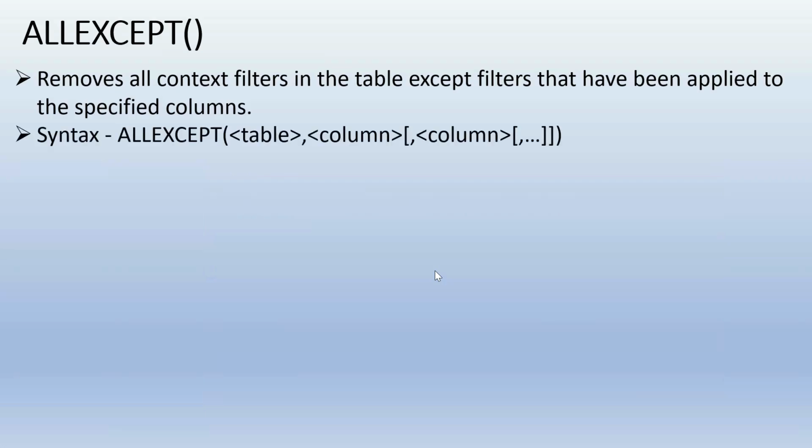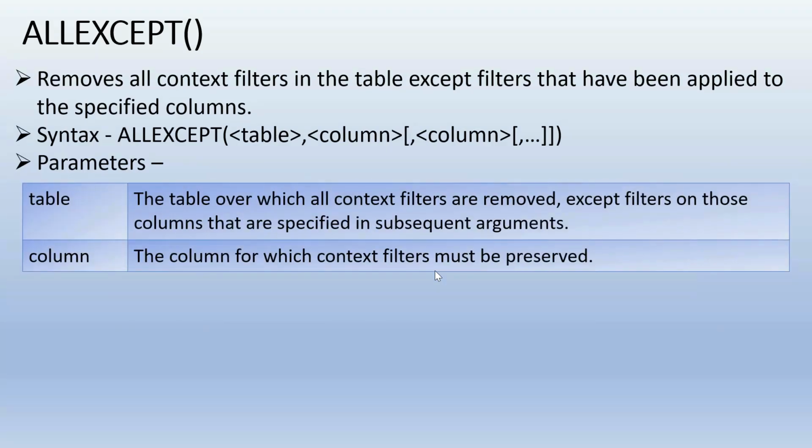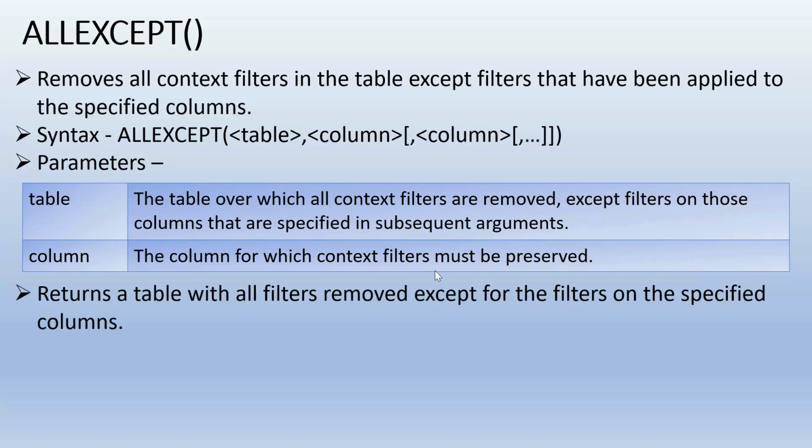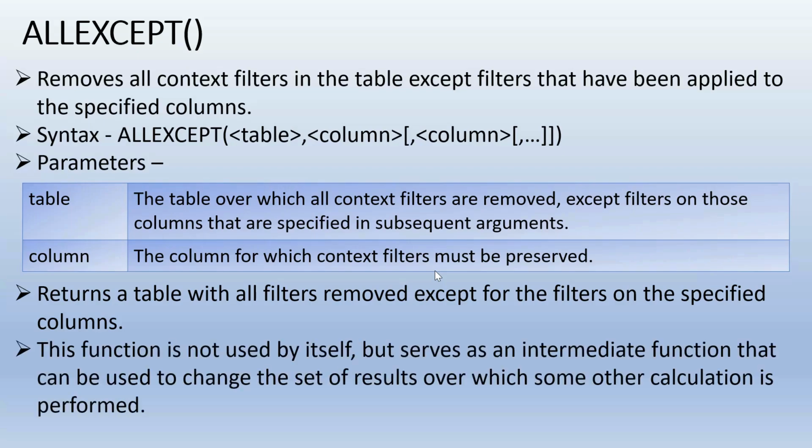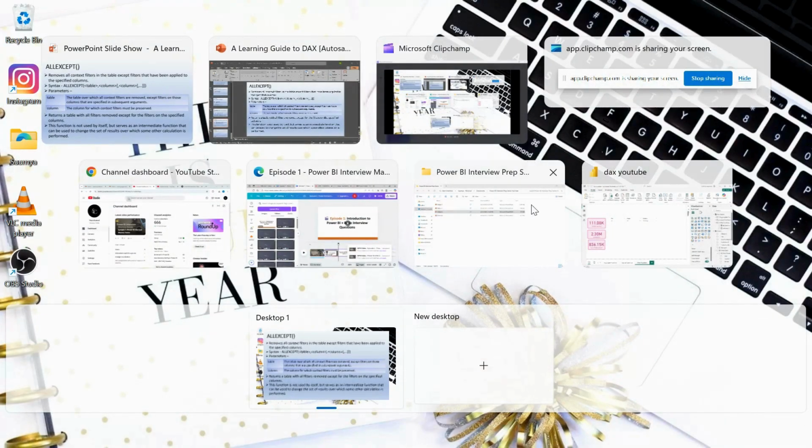So the syntax is ALLEXCEPT, table and columns. The parameters are the table over which all filter contexts are removed, except filters on those columns being specified in subsequent arguments, and the column for which filters must be preserved. It returns a table with all filters removed except for the filters on the specified column, and this function is not used by itself but inside other calculative functions, right? So now if I go to my Power BI Desktop,